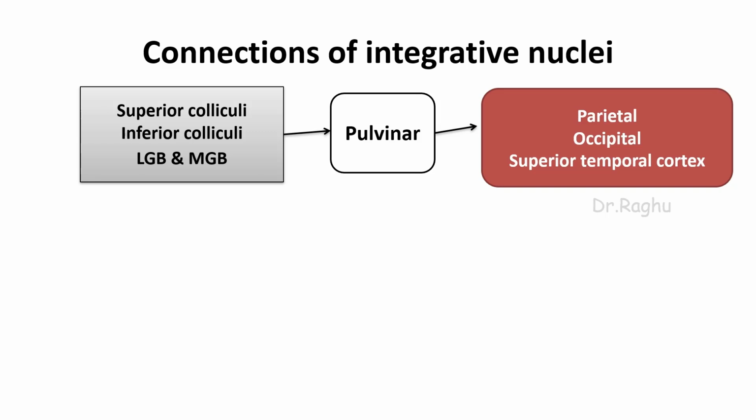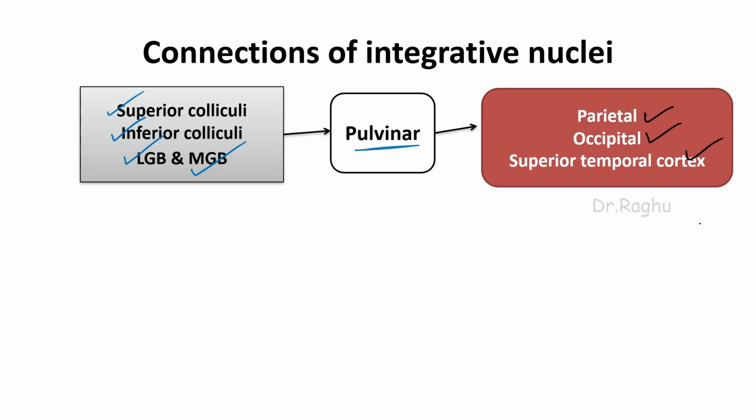Now let's try and understand the connections of the integrative nuclei, and the first nucleus here is the pulvinar. Now the pulvinar is going to receive the information from the superior colliculi, inferior colliculi, lateral geniculate body as well as the medial geniculate body. All these, the superior colliculi, inferior colliculi, LGB and MGB, are part and parcel of both the auditory pathways as well as the visual pathways. So that means the pulvinar is integrating two sensations, the auditory sensations as well as the visual sensations, and it is projecting to the parietal cortex, occipital cortex as well as